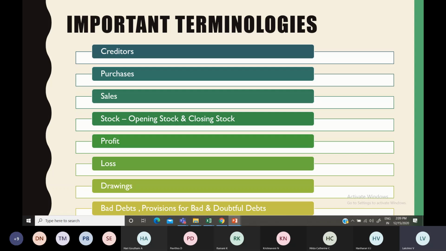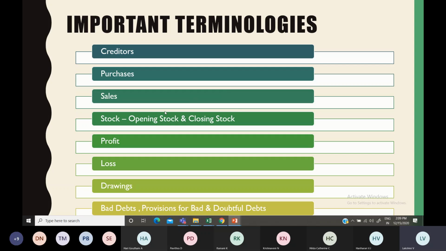So it is ready for delivery to the customer. I have stitched a shirt, pants, all those things, and they are ready for delivery to the customers; that can also be named as stock. So stock is otherwise known as inventory, and it can be classified into opening stock and closing stock. In our accounts we use these two terms.